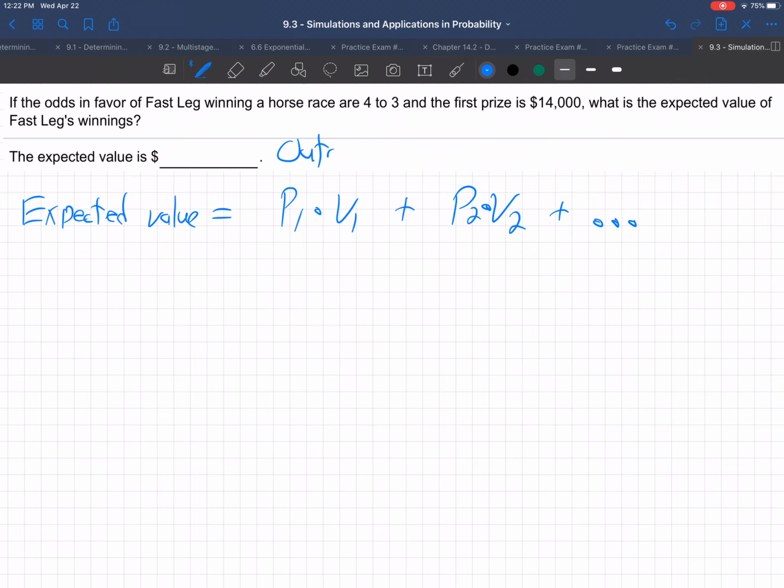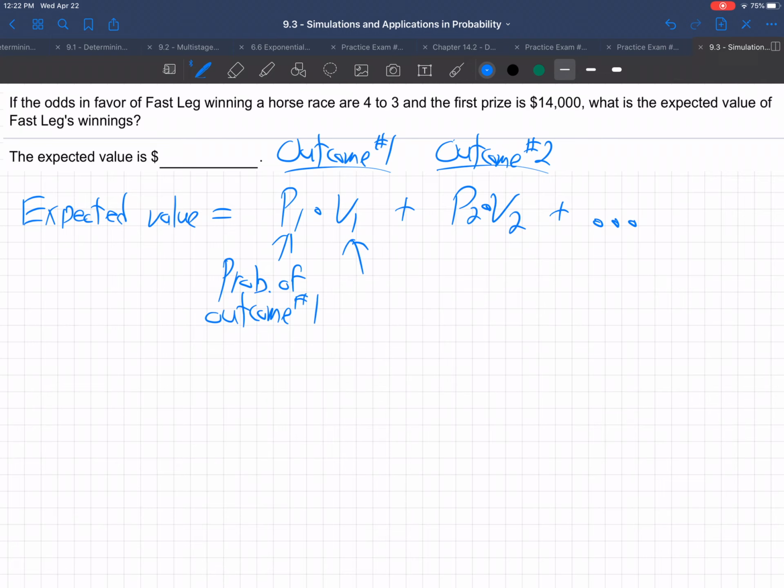So outcome number 1, outcome number 2, etc., where P1 is the probability of outcome number 1, and V1 is the value, meaning the dollar value of